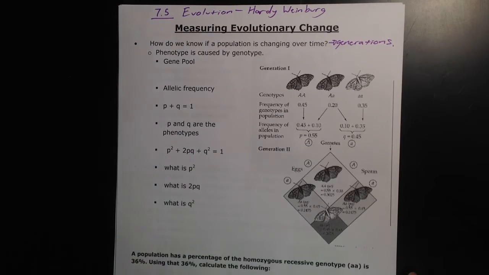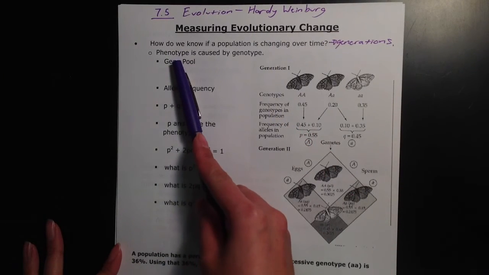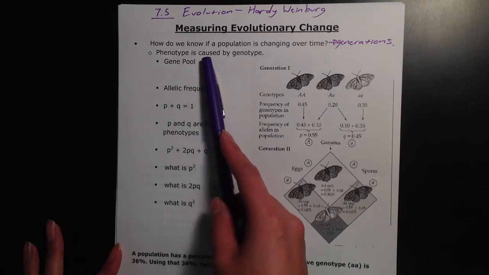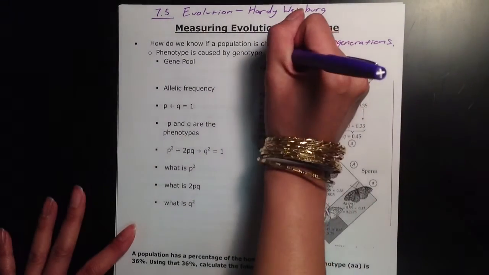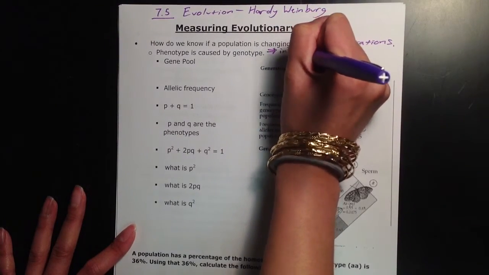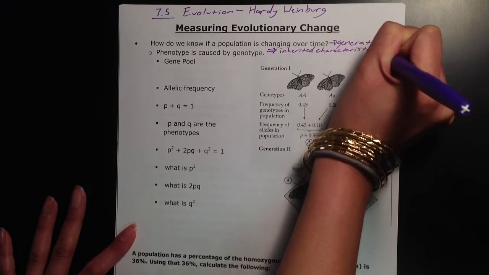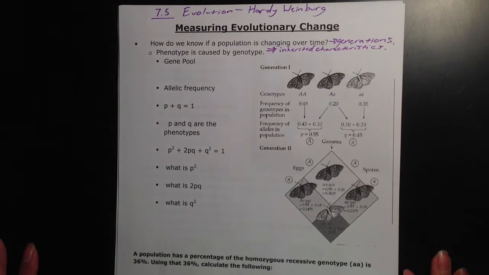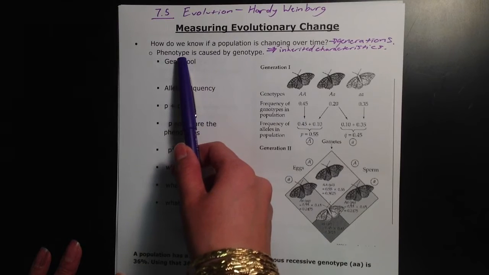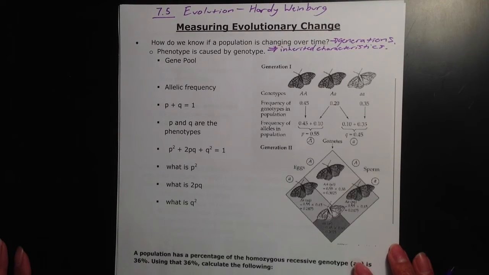So the first thing that we need to look at when we're trying to study evolution by using this Hardy-Weinberg equation is actually looking at the phenotype. A phenotype is caused by a genotype, which means really that the phenotype and the genotype are inherited characteristics. So we're going to try to determine whether or not evolution has occurred by looking at phenotypes and genotypes, by looking at those ratios, those frequencies,